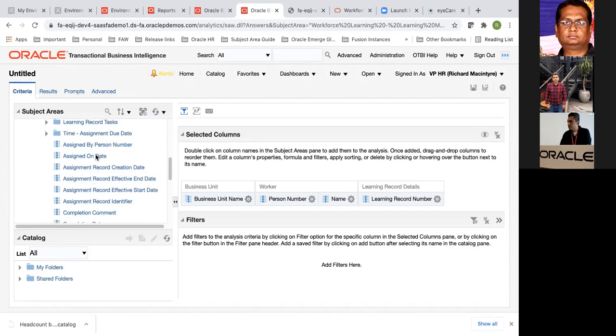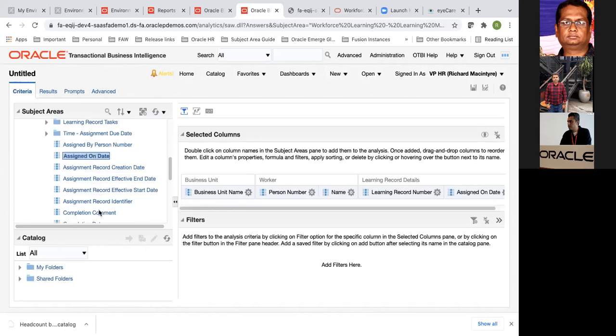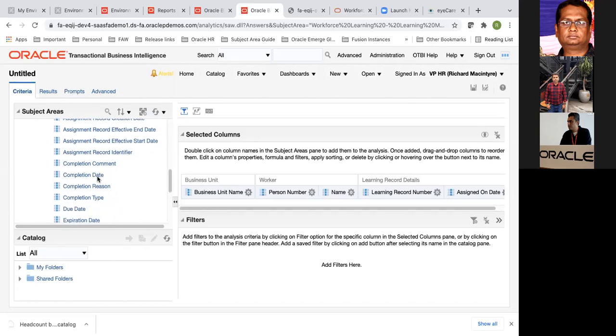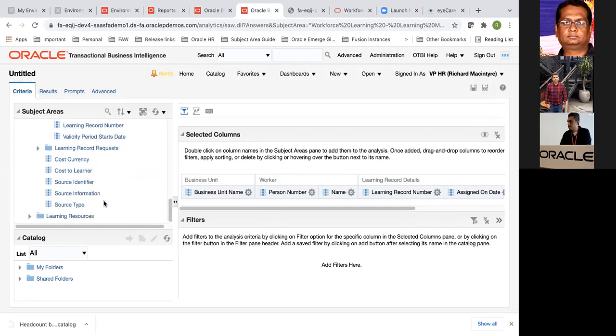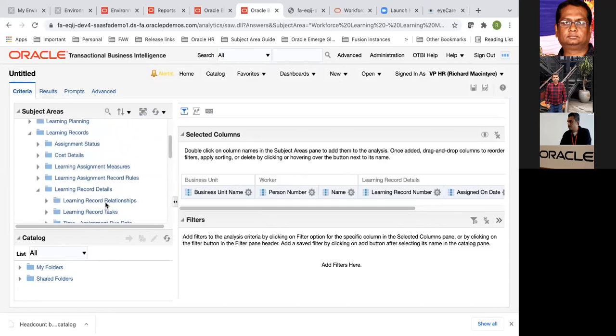Or maybe instead of that, I'll say completion date, if they've completed it, and due date, when it is supposed to complete. And the learning item type, basically.